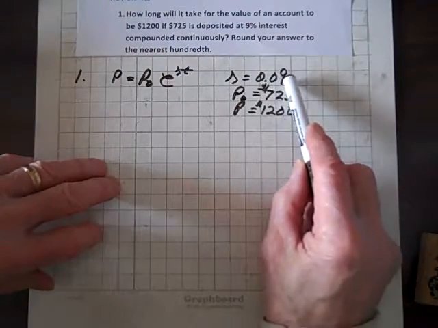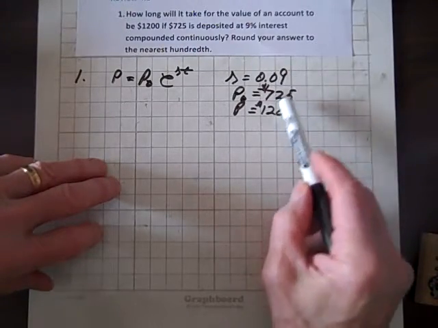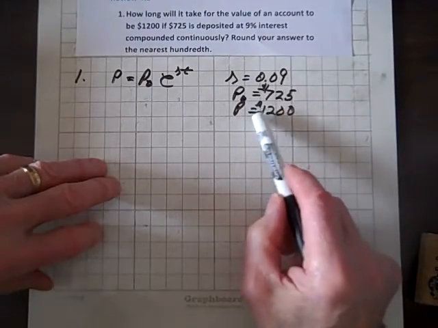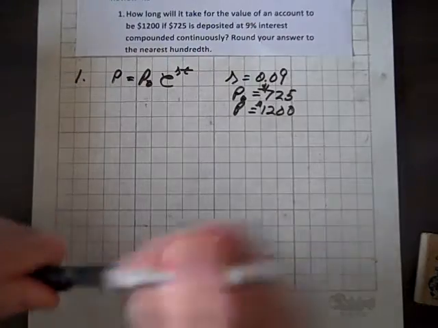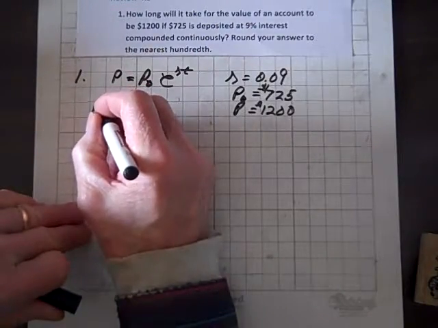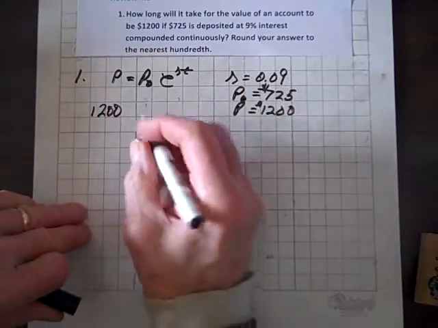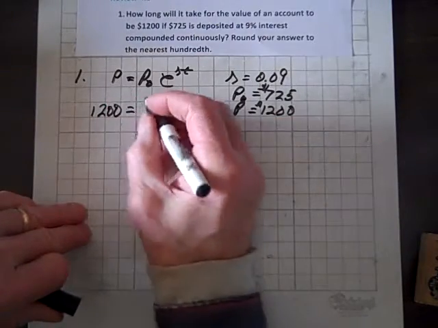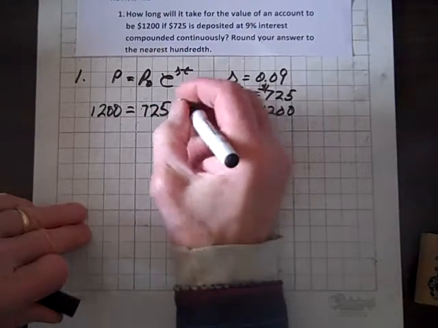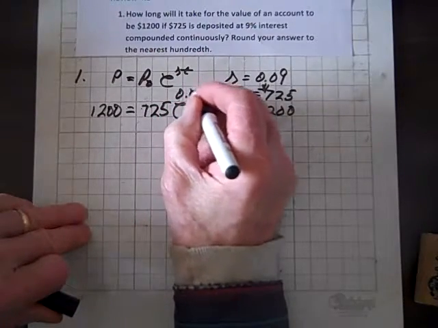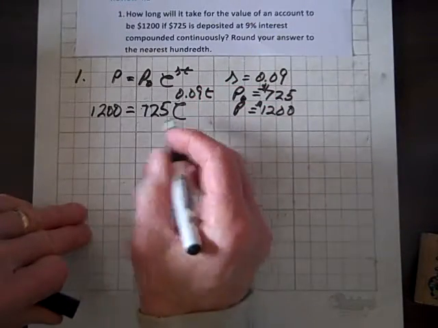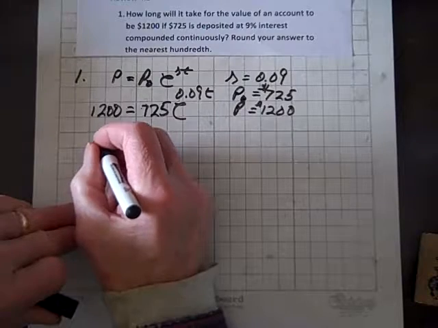So r equals 0.09. P sub zero is $725 and P is $1,200. And here's our equation, so we'll replace P with 1,200, and I'll leave the dollar signs off, and 725 e to the 0.09t. Now, first thing, we'll divide both sides by